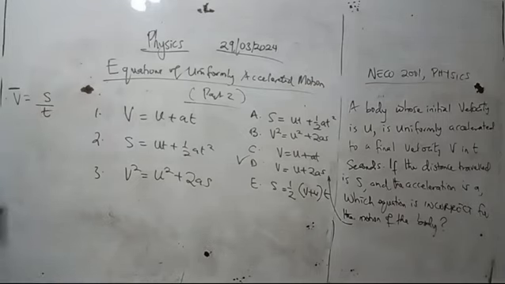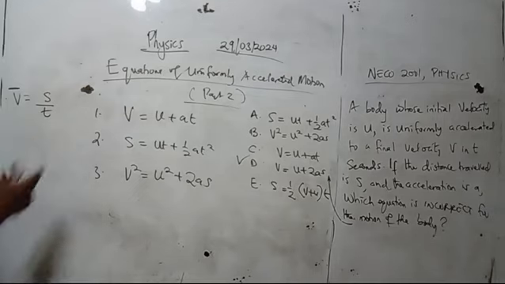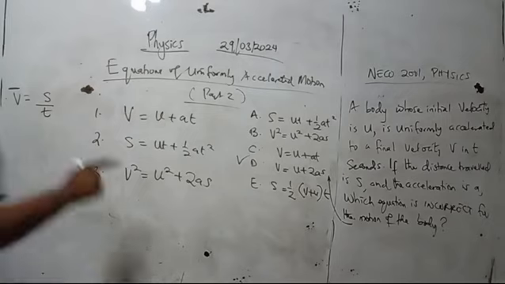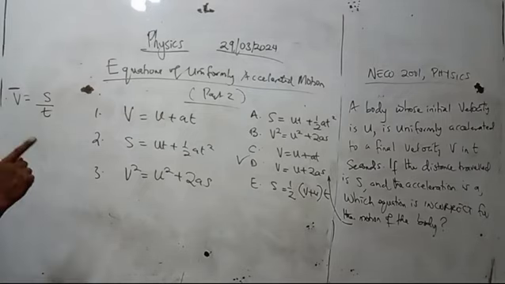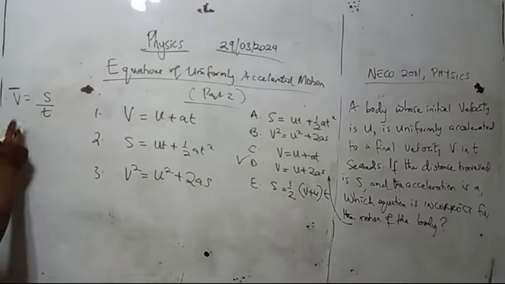But what is average? It means that you get the initial velocity, get the final velocity, and get the average. That means you add the initial velocity to the final velocity and divide by 2. You get average velocity. So this is simply v